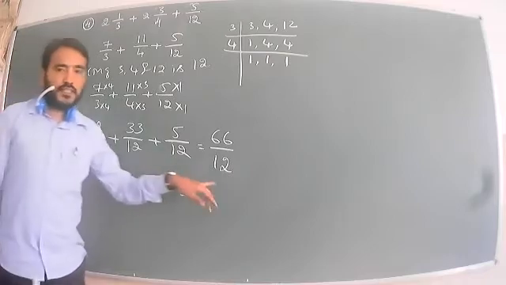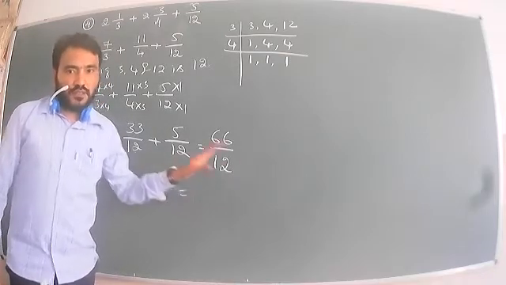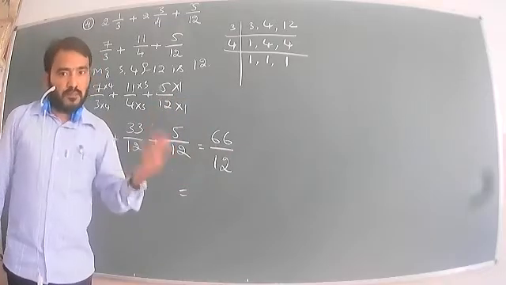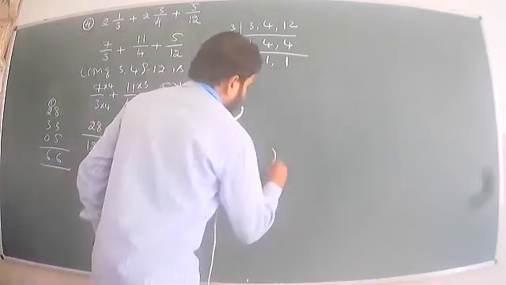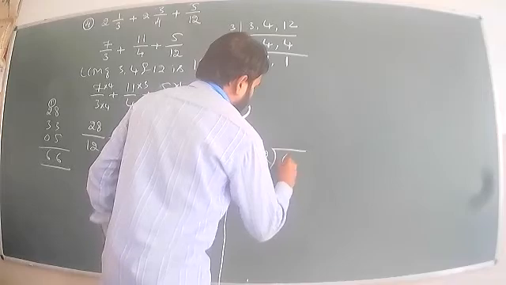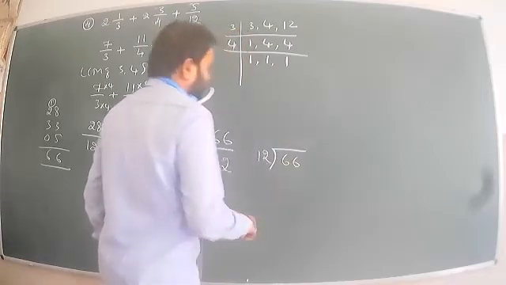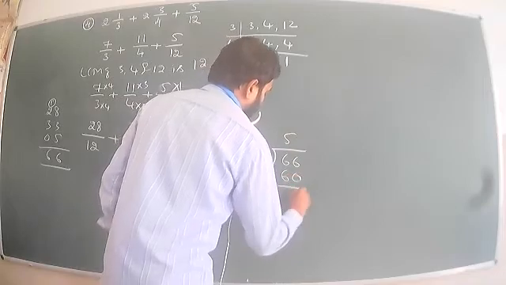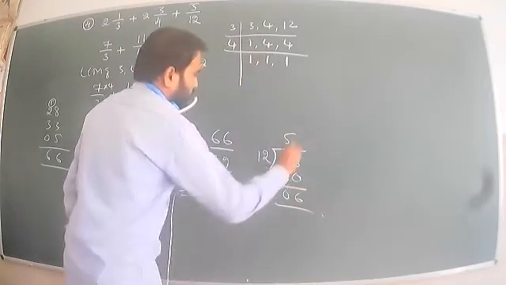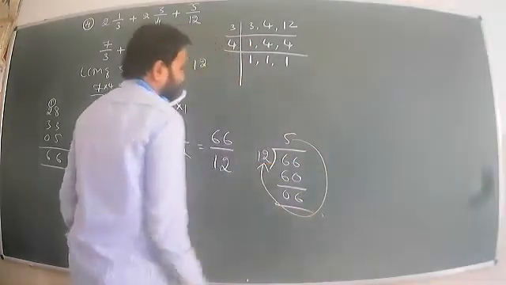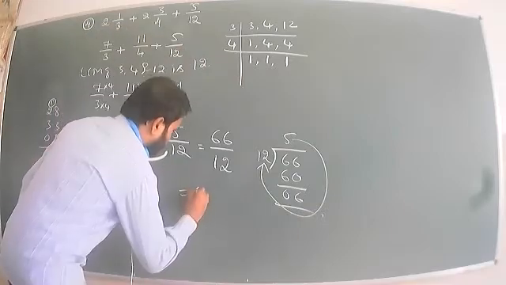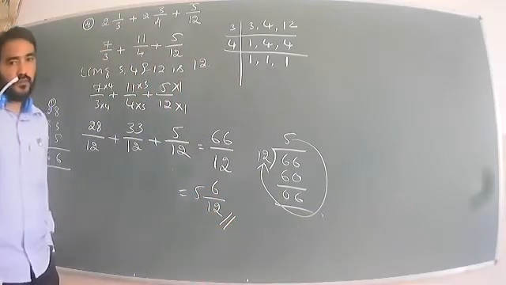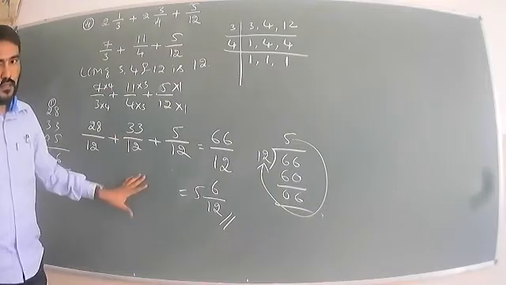Now, it is an improper fraction, and you cannot stop here. So we can convert it into a mixed fraction using division. 66 divided by 12: the nearest table number is 12 times 5, which is 60. The remainder is 6. So the new whole number is 5, numerator is 6, denominator is 12. 5 6 by 12. That is your answer. Keep that in mind.